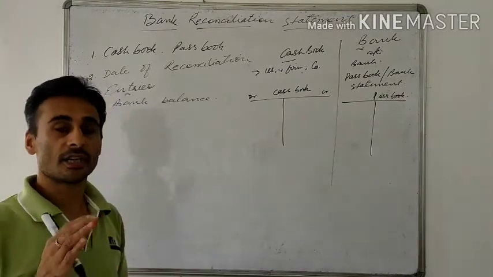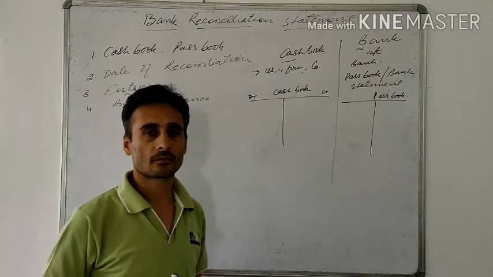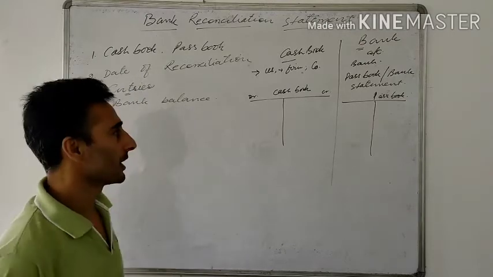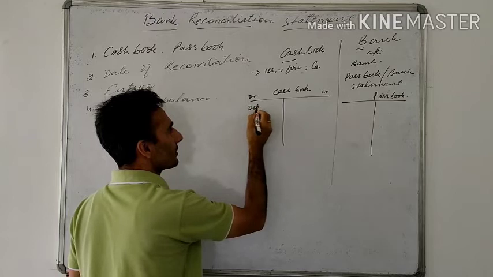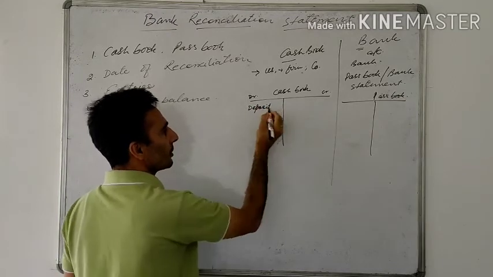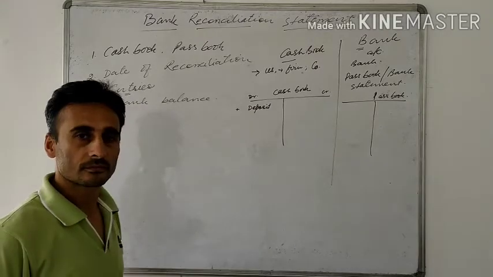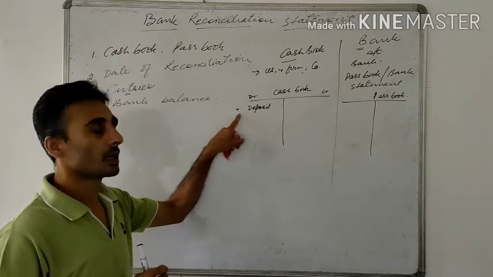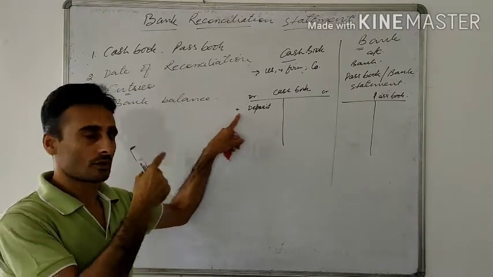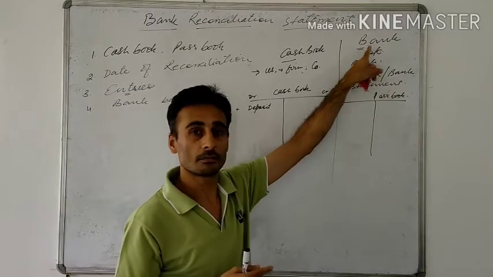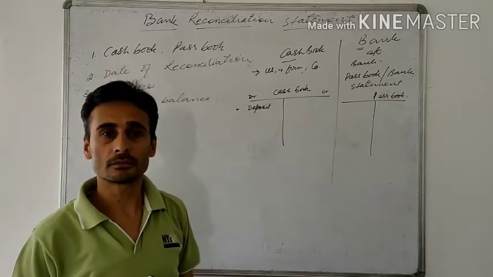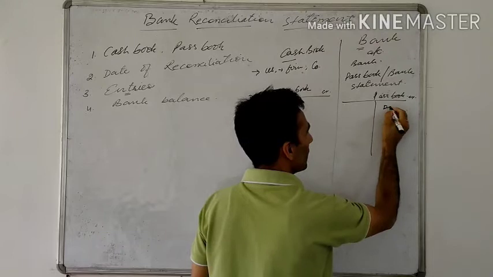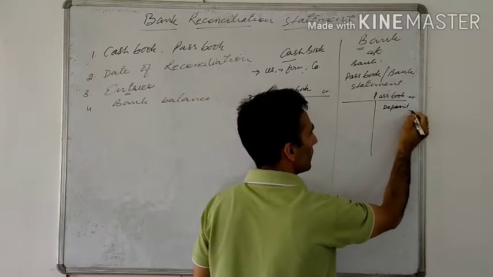Now let's see, if the check is deposited into the bank, so check deposit will increase the balance or decrease the balance. Deposit will increase the balance, so we'll make the entry on the debit side. Deposit is on the debit side because this will increase the balance. Or the debit, what comes in. Since the money is coming to you, so you will record it on the debit side. Now since this is a check, so this check has to be deposited in the bank. So the bank will also make the entry, right? So the bank will make an entry on the credit side here. So the deposit entry is made on the credit side, the plus here.